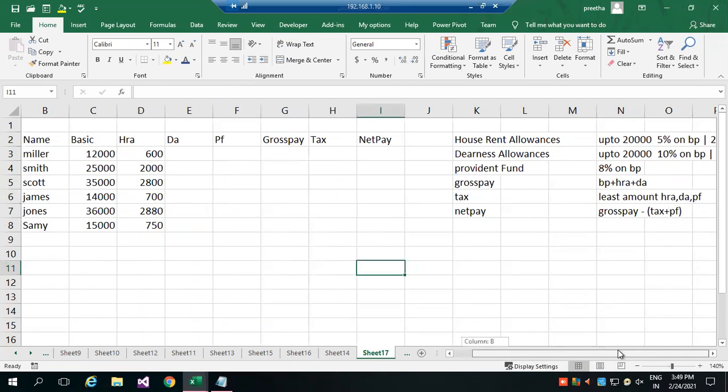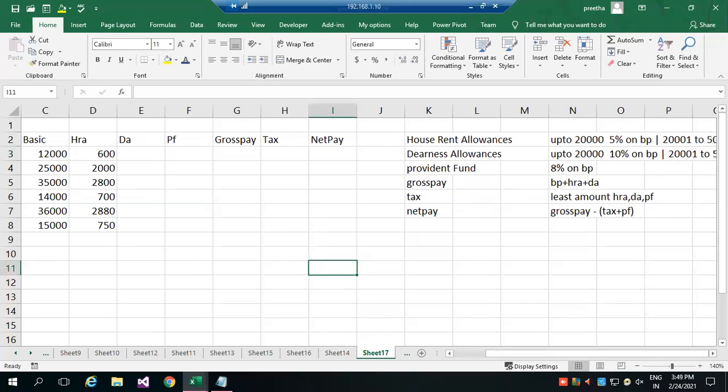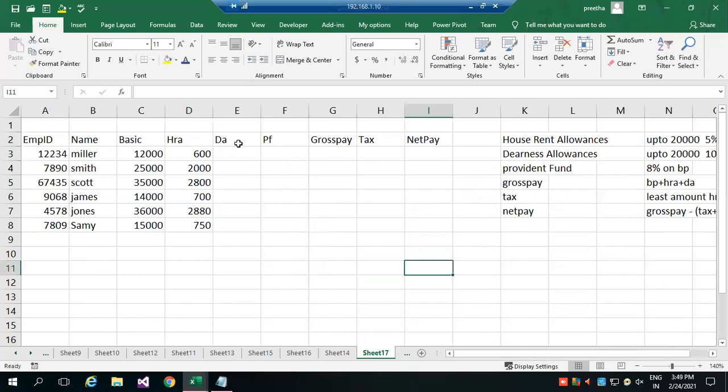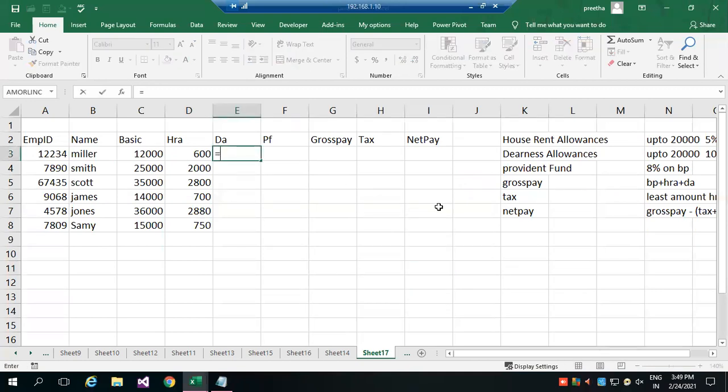In the same way, DA is for up to 20,000, 10% or 12%. So same way, equal to, if the basic pay is up to 20,000, then on the basic pay you should calculate 10%. Else, on the basic pay you should calculate 12%.